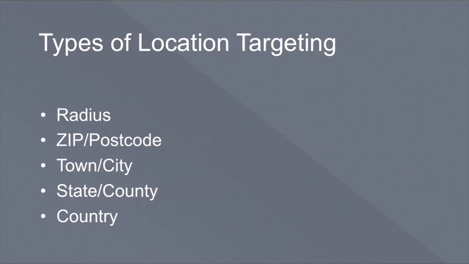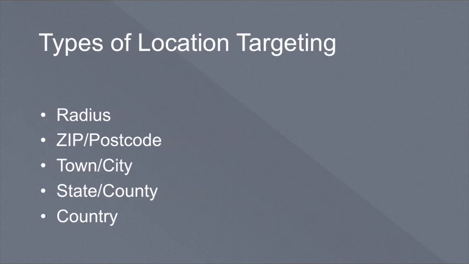Now, we have a really good number of location targeting options in Google. We can target a radius around a point. So Google will draw a circle around a radius, and that's it. We can search by zip or by postcode, by town, city, state, county, country, the whole world. Point of note,